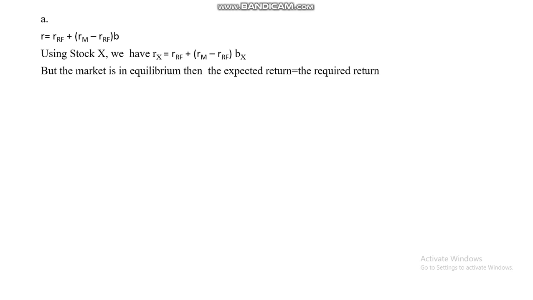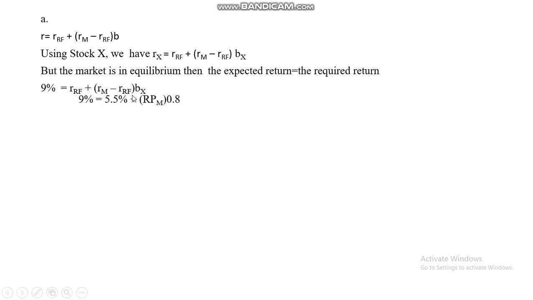In the given, we have the expected rate of return on stock X. In the formula, we need the required rate of return. But we have essential information that indicates the market is in equilibrium. And as we know, when the market is in equilibrium, the required rate equals the expected rate. So we can use the required rate of return of stock X by substituting its expected return in the formula, which is 9%, to have 9% equals RRF plus the market risk premium, which is RM minus RF,